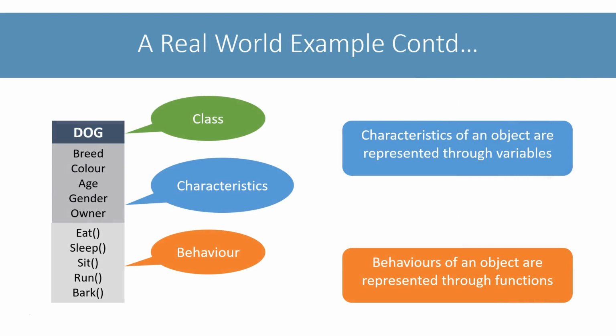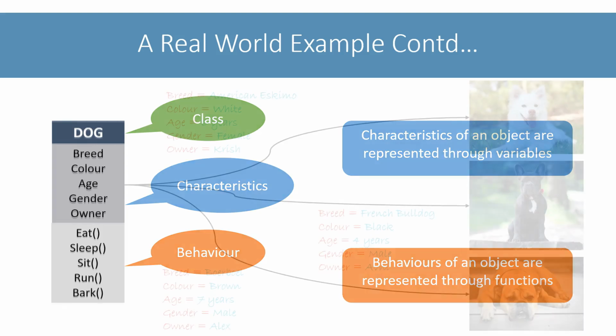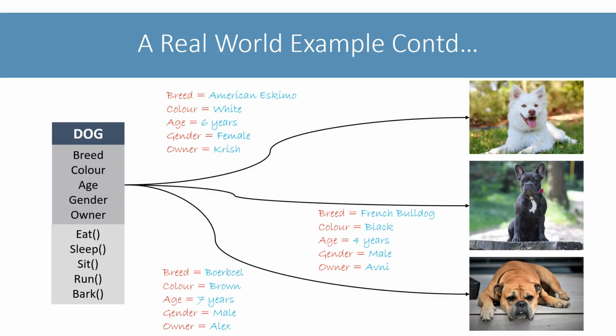So far, we have a dog class, its characteristics, which are the data members, its behaviors, which are the methods. Now, for different values of data members, you will get different dog objects. Since the data elements of an object can vary, each object of the same type may have different data but will have the same functionality as defined in the methods.